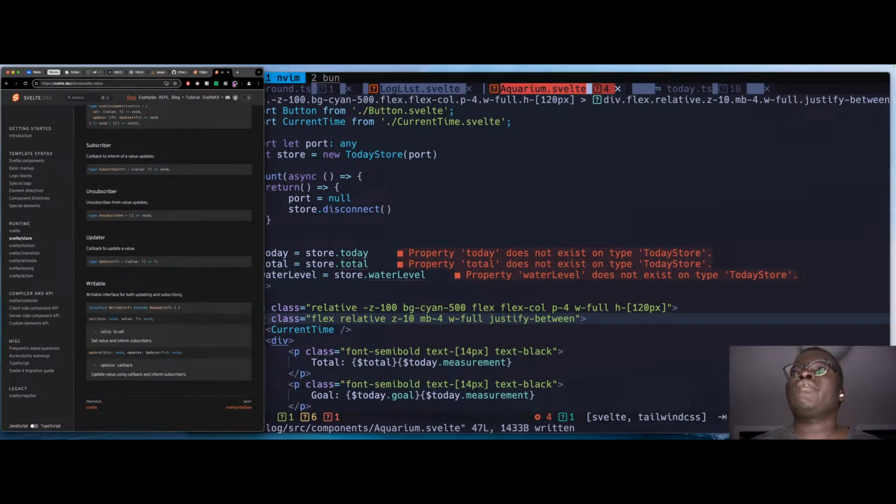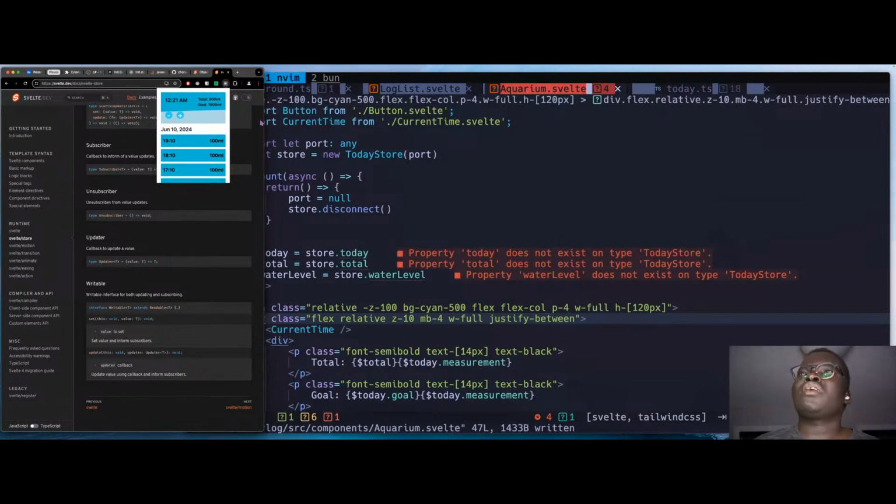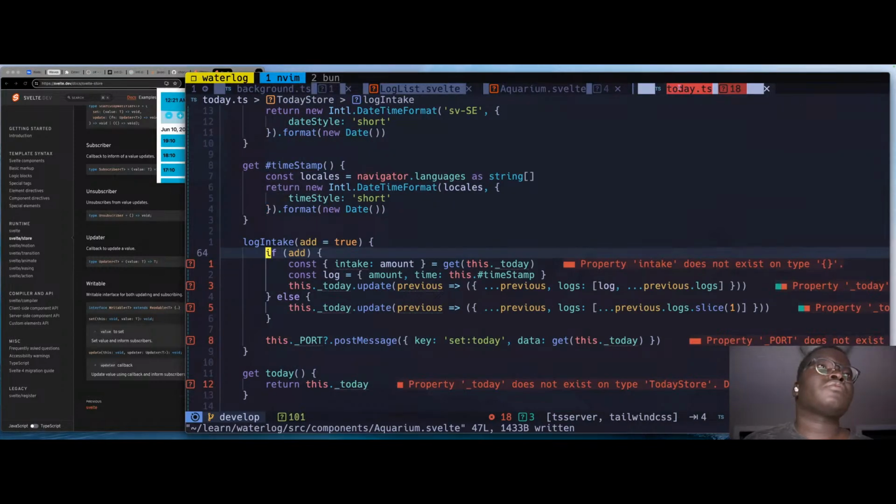So what we want to connect is the logs now. All right, so let's go to